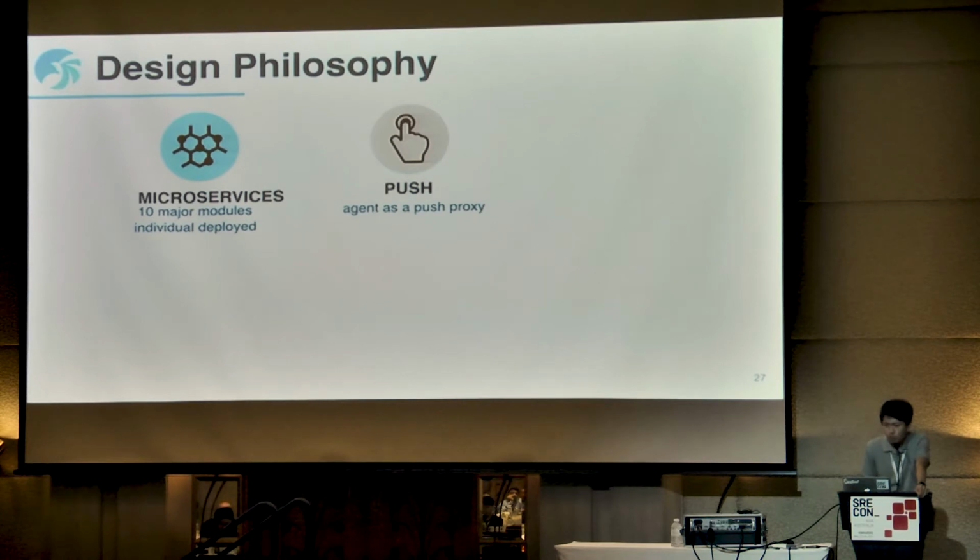The second one, push model. The difference between Open-Falcon and other monitoring systems is that we choose the push model for agents to collect metrics instead of the pull model. The advantage is that a new agent doesn't need to be reconfigured. It can be auto-discovered. By sacrificing some flexibility in this model, the implementation allows easier, faster, and more efficient execution.